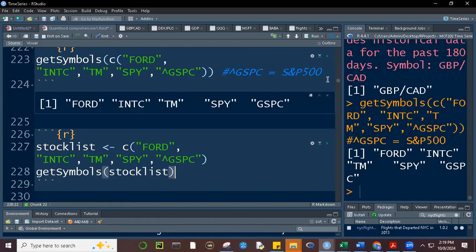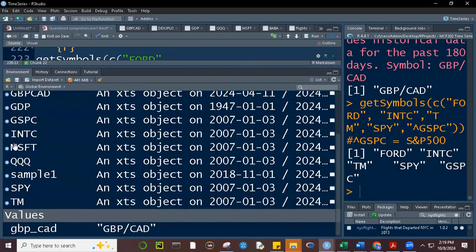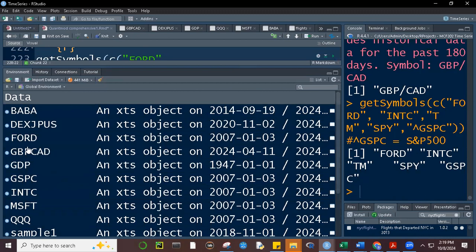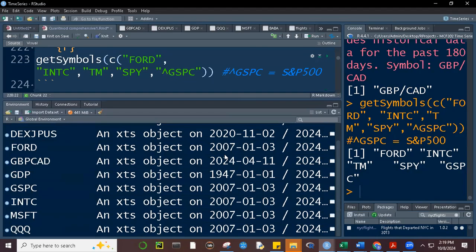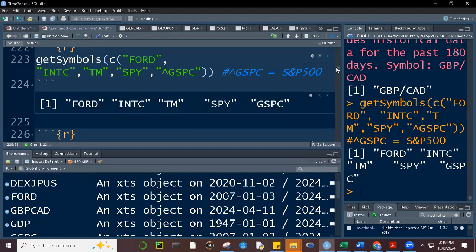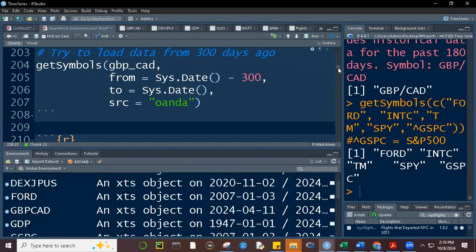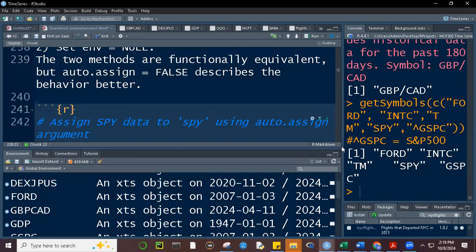So magra-run yan, di ba? Ford, Intel, Toyota, SPY, and GSPC. Lahat yan andito class. Yan. Linan niya lahat dito. Ford, Intel, Toyota Motors, Standard & Poor's, GSPC. Okay? So you can download data at the same time. All right? So with that class, we end our